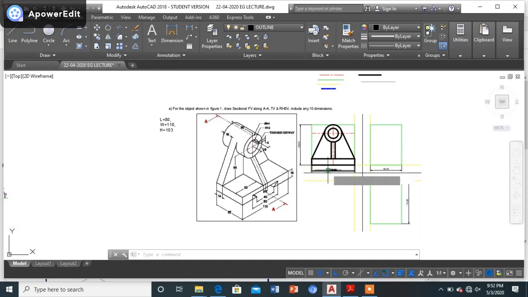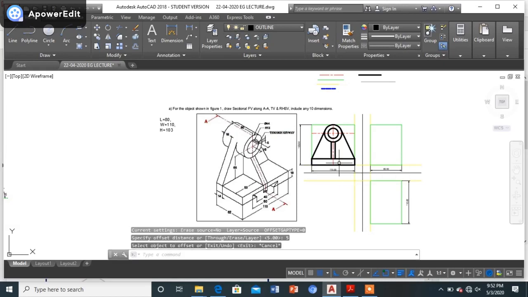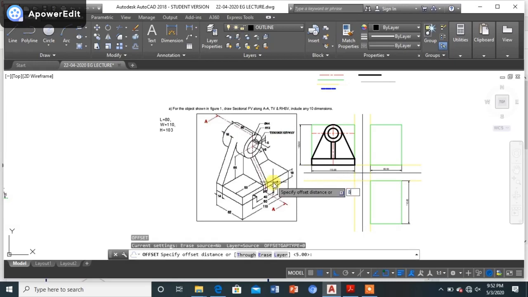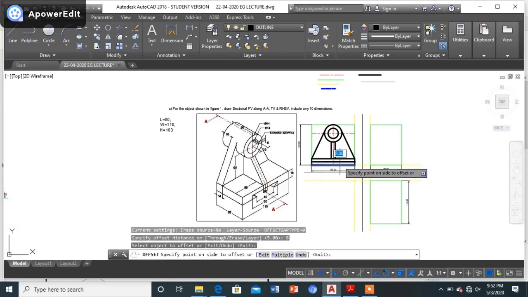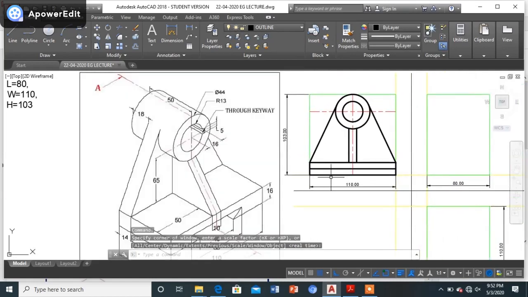So from the bottom at a distance of 5 mm, I'll mark it. Sorry, it is seen partially from the bottom, so it will be 8 mm. So that is how we can take it over here. Now what do? I'll just zoom it in and I'll draw it now again.